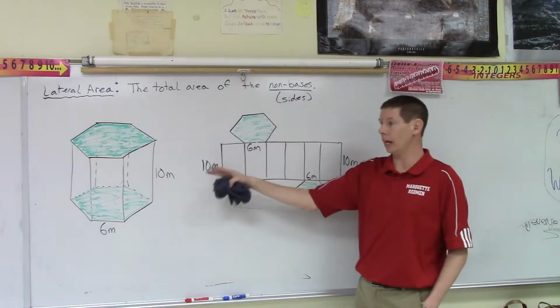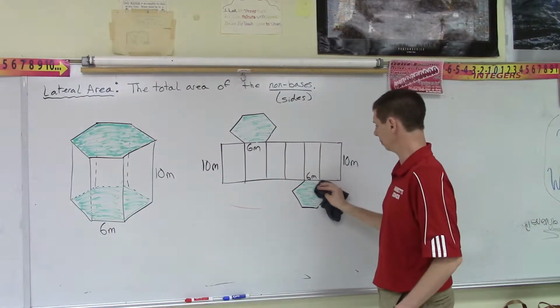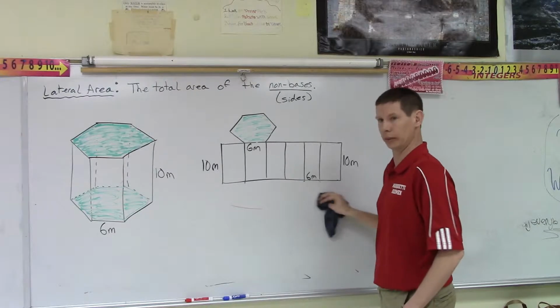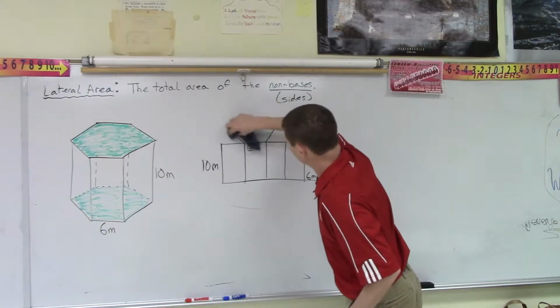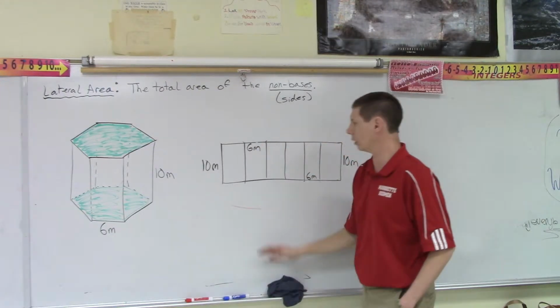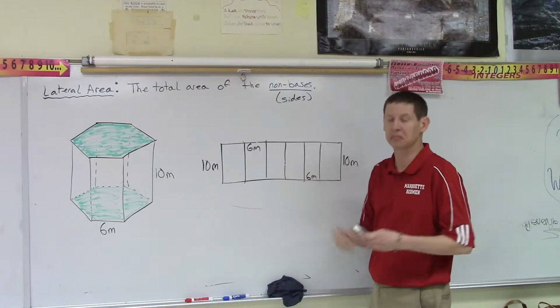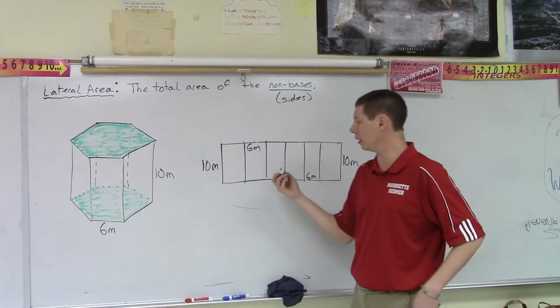If we were asked to find the lateral area of this hexagonal prism, all we'd have to do is say, well, that's a base, we don't want it. This is a base, we don't want it. And so what we're left with is the non-bases, which are just rectangles. So as long as we can find the area of each rectangle,